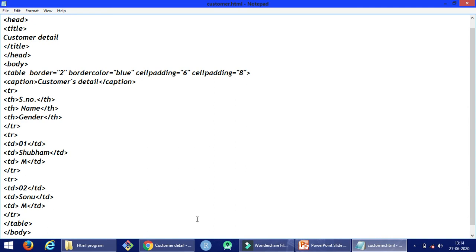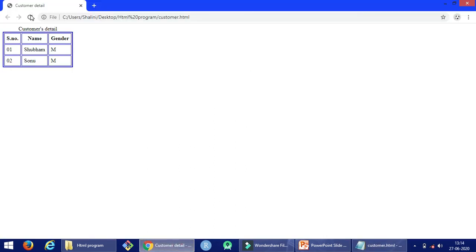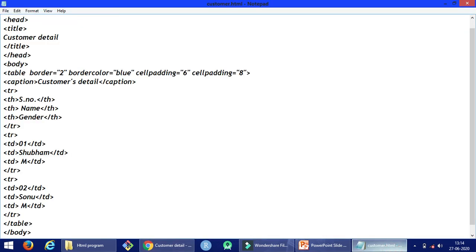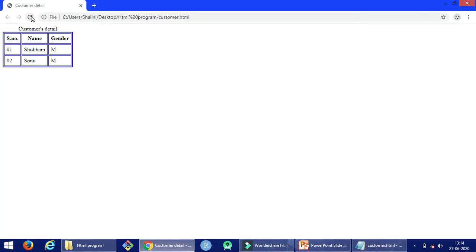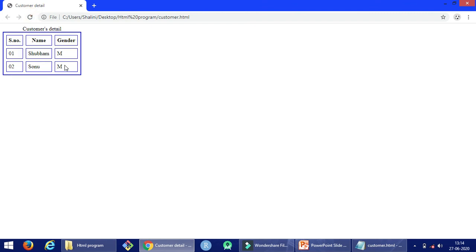Save it. Run it. Sorry. Write here cellspacing. Save it and run it. Now see, the space between the borders of the cells can be specified by using cell spacing, and this can be set with the cellspacing attribute of the table tag.